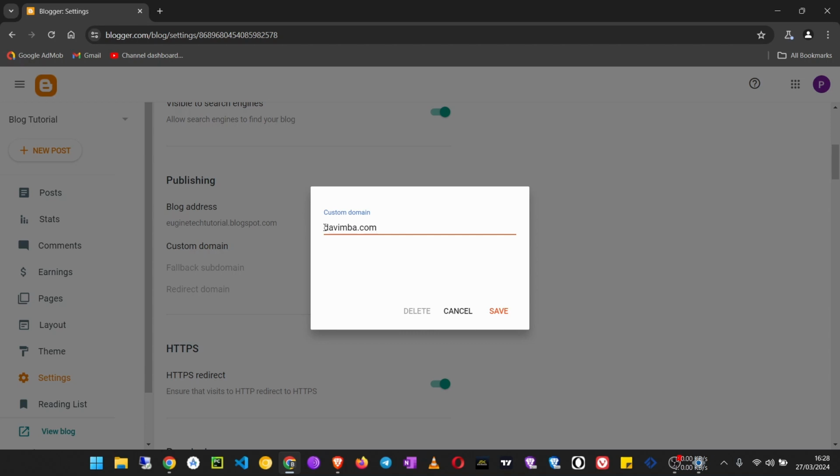So for that, we'll create a subdomain which will be www.davimba.com. You can use any other kind of subdomain. Maybe let's say you want to host it at blog.davimba.com, or any other subdomain will work. But you have to know that if you don't use a top level domain and you use a subdomain like